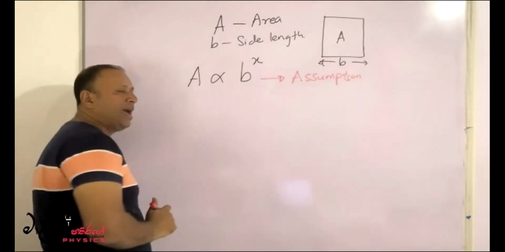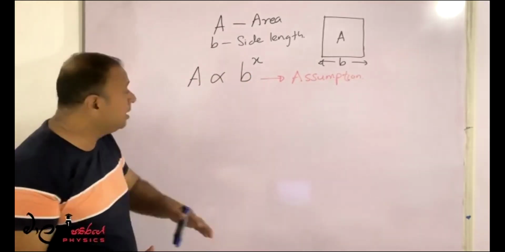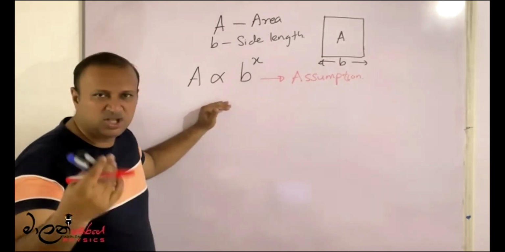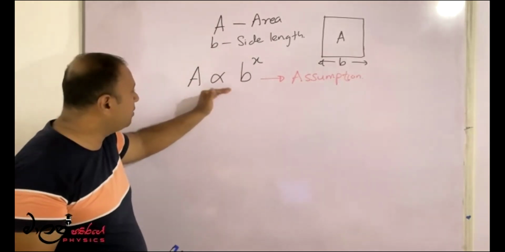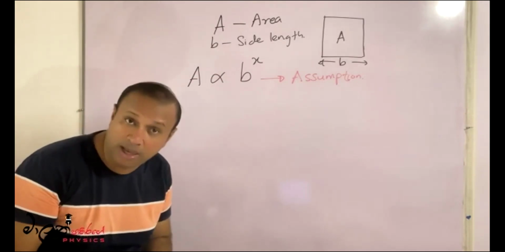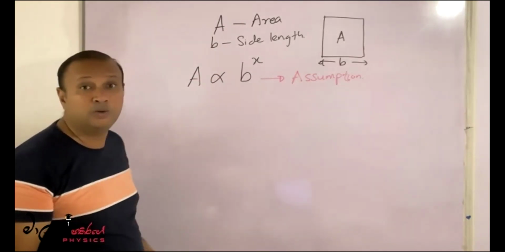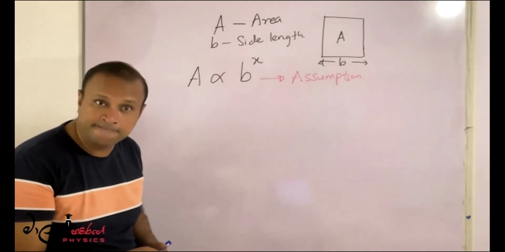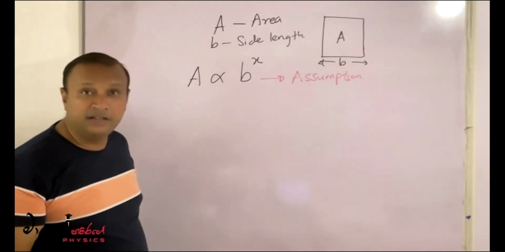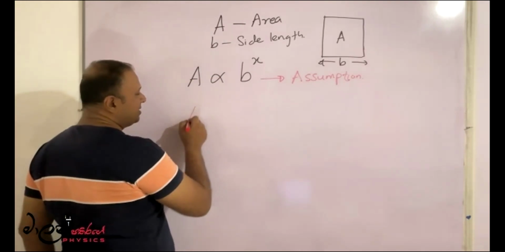Using the assumption, I have written a relationship. But using a relationship, I cannot do anything. So I have to convert this relationship into an equation. How to convert this into an equation? If they are directly proportional, I can write this one as